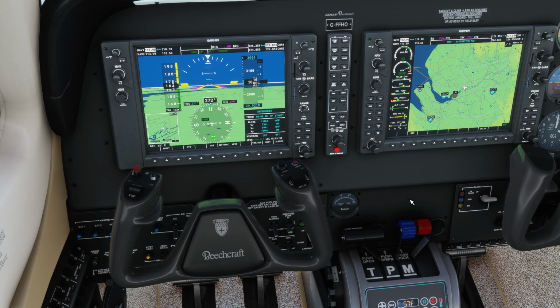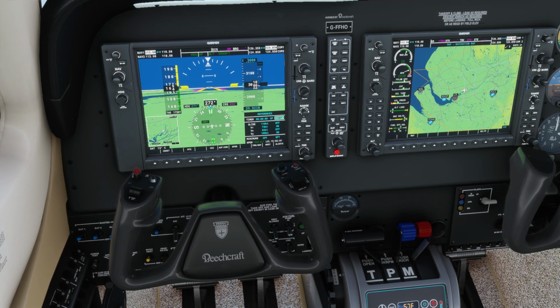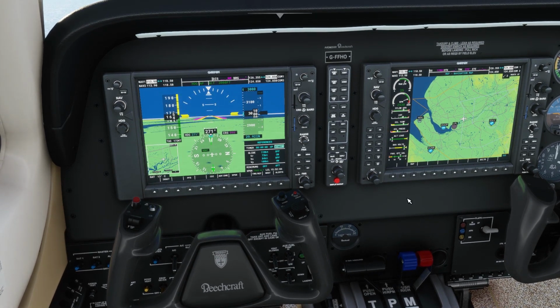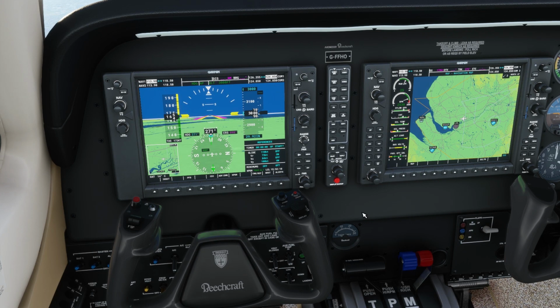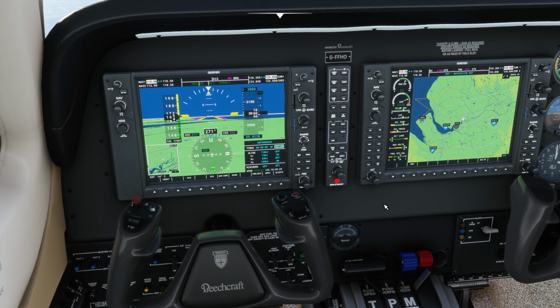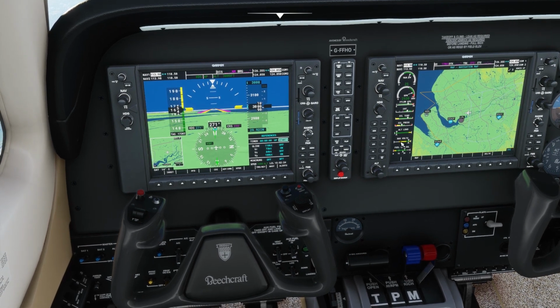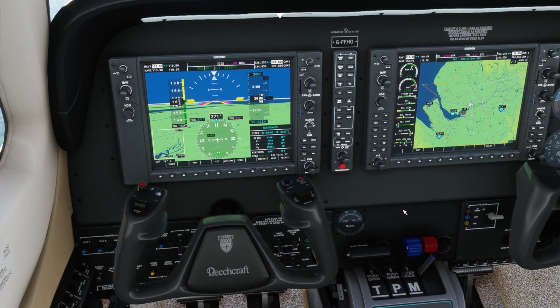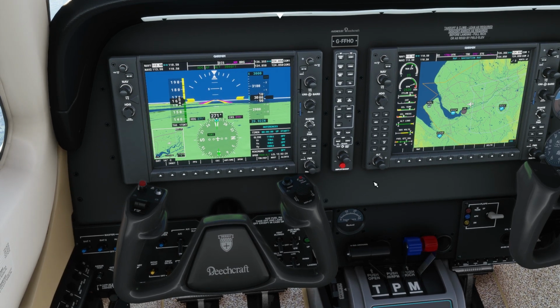We can increase propeller RPM if we were at a lower RPM setting, and what that would do is actually turn the blades more flat to the airflow, give us more drag, and help to keep the aeroplane at a lower airspeed while we descend. So that's good, especially if the aeroplane is very slippy, very efficient. It can be really useful to have almost like an air brake built into the aircraft in the shape of the prop lever. However, I'm going to keep it at 2500 for this, and I'm going to reduce power,